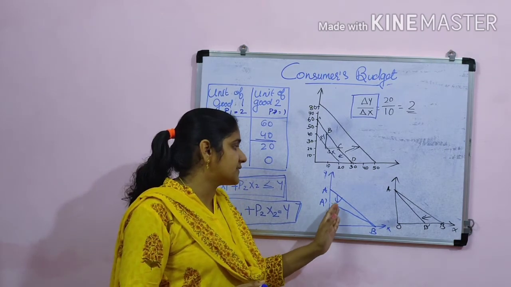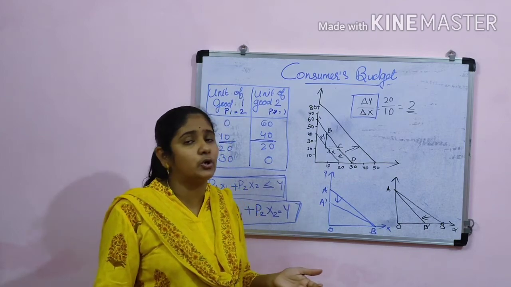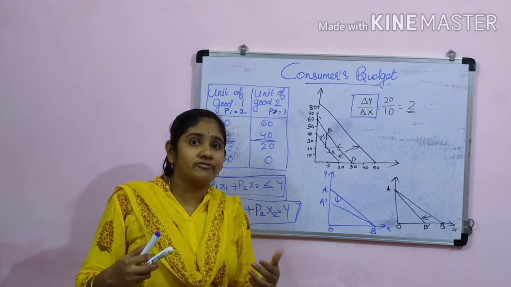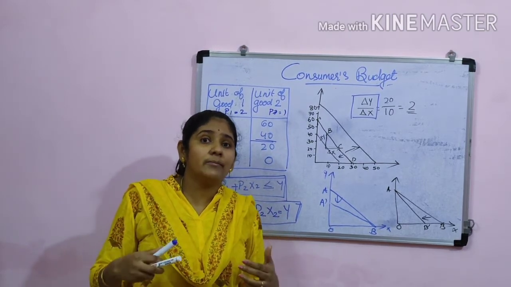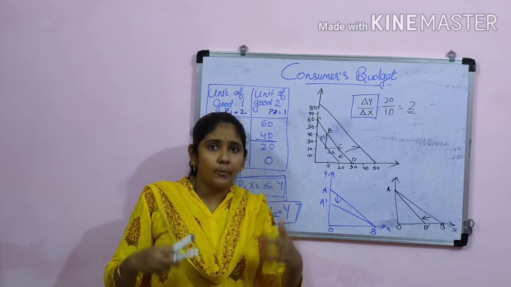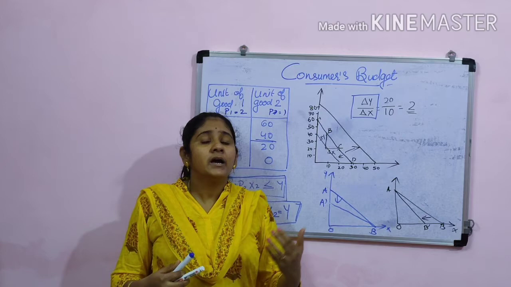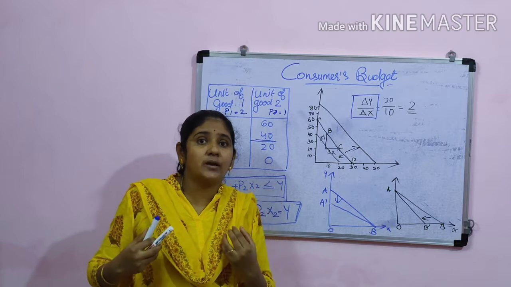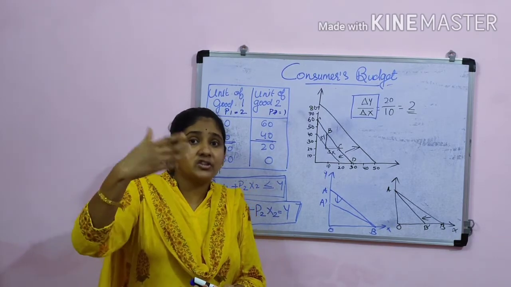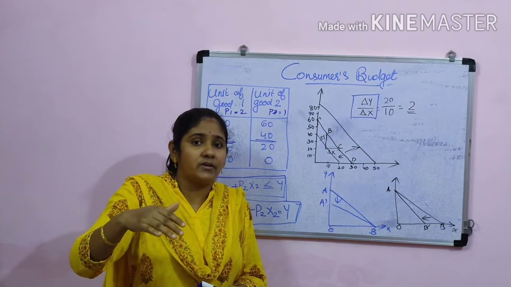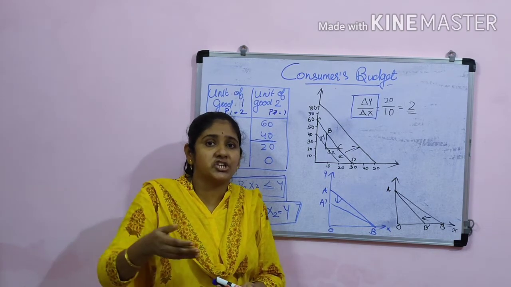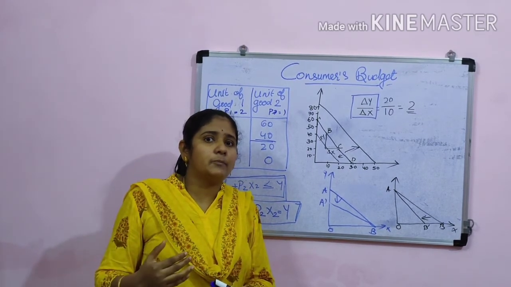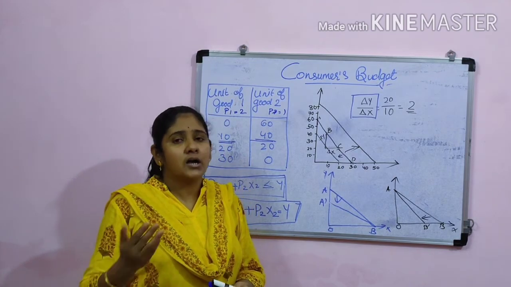Now when the price of the commodity increases, the purchasing power of the customer is affected, because now he will be able to purchase less amount of the commodities only. So purchasing power decreases, and it will be showing a backward rotation. Otherwise, the rightward rotation is the result when the price of the commodities reduces, and the customer will be able to purchase more amount of the commodities.